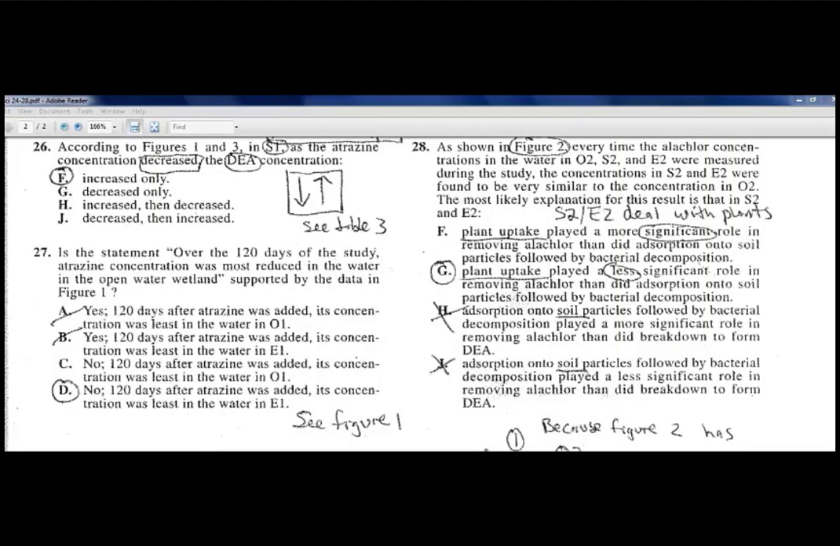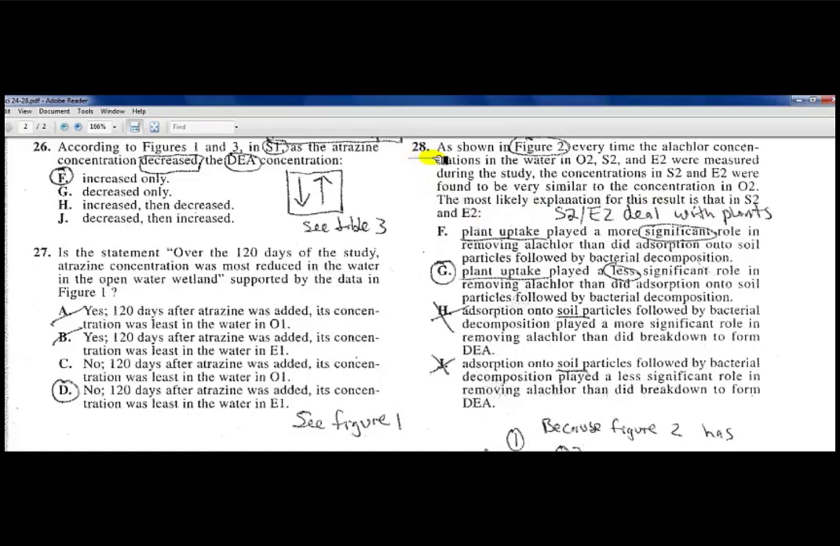Test 68C, Science, Practice Problem number 28. Number 28 states, as shown in Figure 2, every time the alkyl concentration in the water in O2, S2, and E2 were measured during the study, the concentration in S2 and E2 were found to be very similar to the concentrations in O2. The most likely explanation for this result is that in S2 and E2,